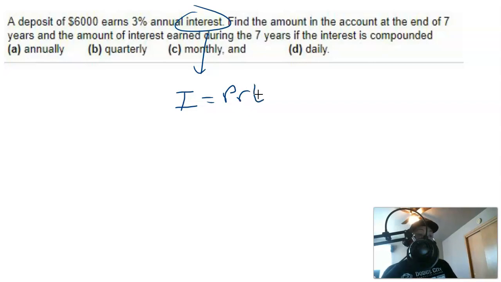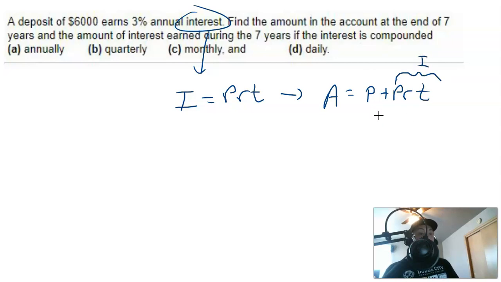There's really a time component here that the problems you dealt with in the past were able to ignore because they always set the time to 1 year. But if the time was more than 1 year, you'd have to multiply by the time here as well. And this is actually part of a bigger formula. So A equals P plus PRT. Right. And so this is the interest part of that calculation. And that interest gets added to the amount you have invested, and that tells you the total amount of money that you have altogether. This is for simple interest,